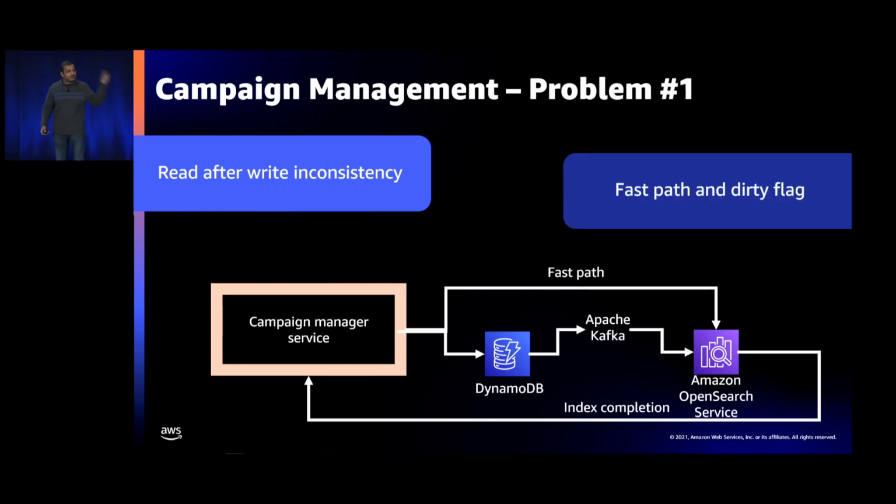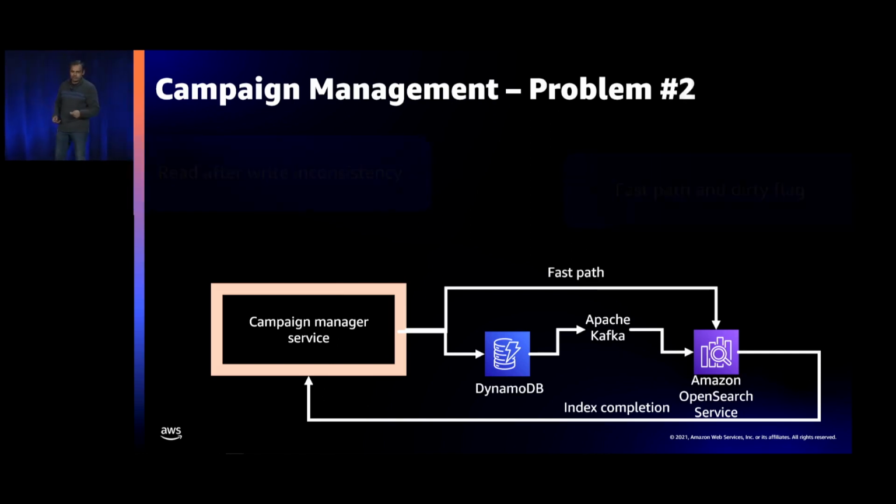Okay, how do we get the data fast into Elasticsearch? We started writing directly from our Java application to Elasticsearch. Okay, my P99 latencies came down from about 3 seconds to 1 second, but my P100s, where the fast path would fail, are still coming via DynamoDB, DynamoDB streams, Kafka. This is taking about 30 seconds. That's not good. It's still not raising the bar.